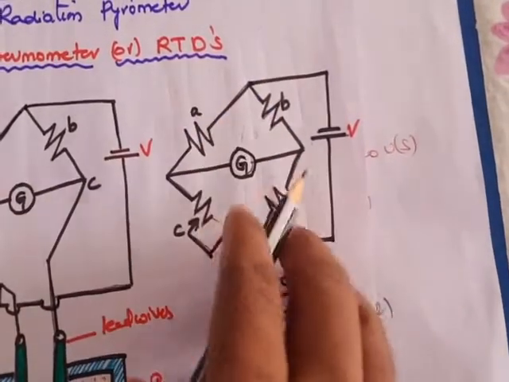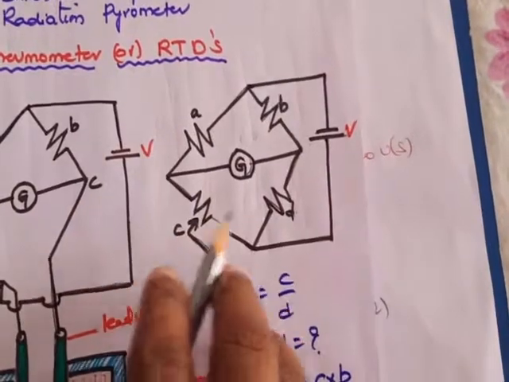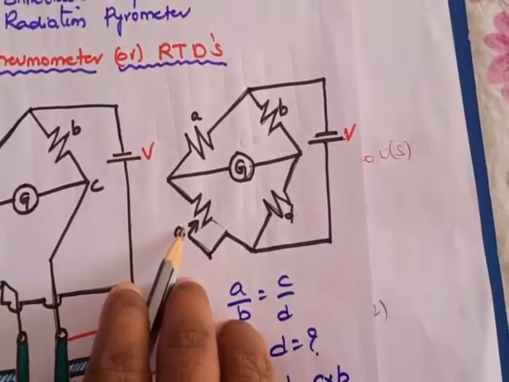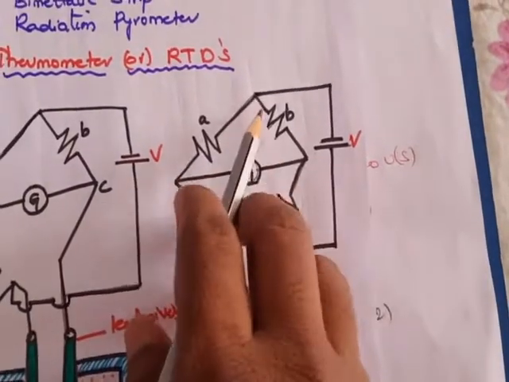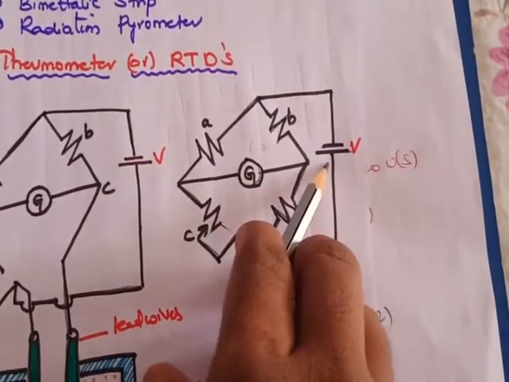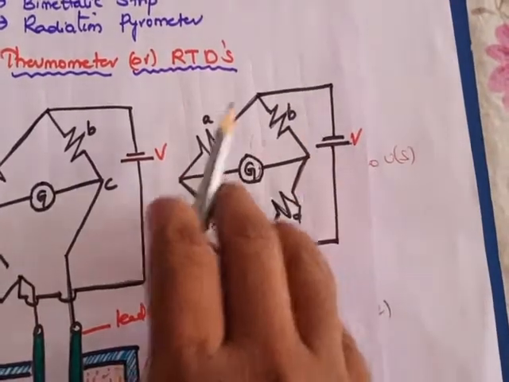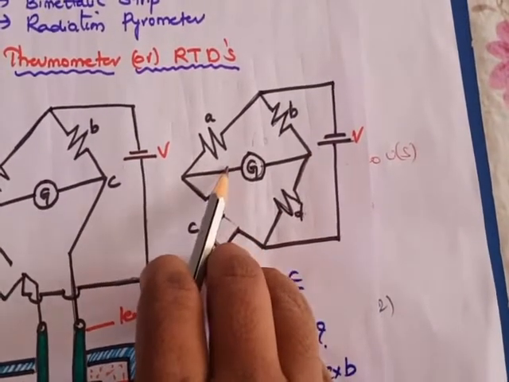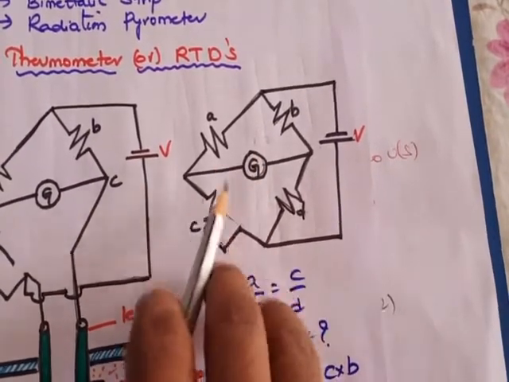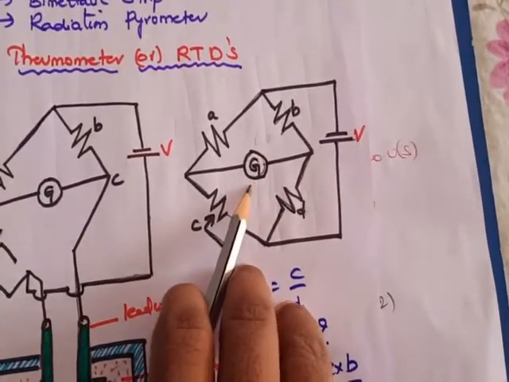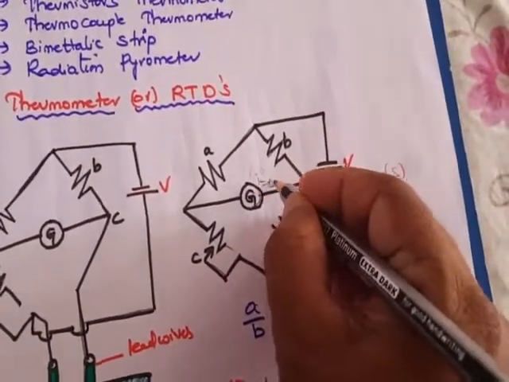This is a Wheatstone bridge having resistors A, B, C and D, where C is called the adjustable resistor, and these two terminals are connected to the galvanometer, and these two are connected across the supply. Under initial conditions, whenever you supply some voltage, what happens? Current starts flowing in the circuit in such a way that the galvanometer starts deflecting. In order to make the bridge balanced, what is that balanced condition? It means the current through the galvanometer should become zero.